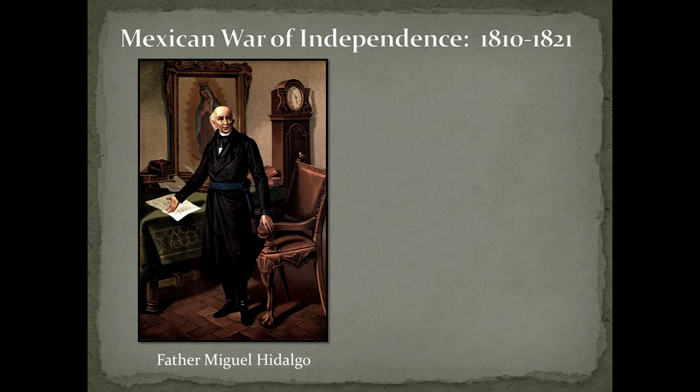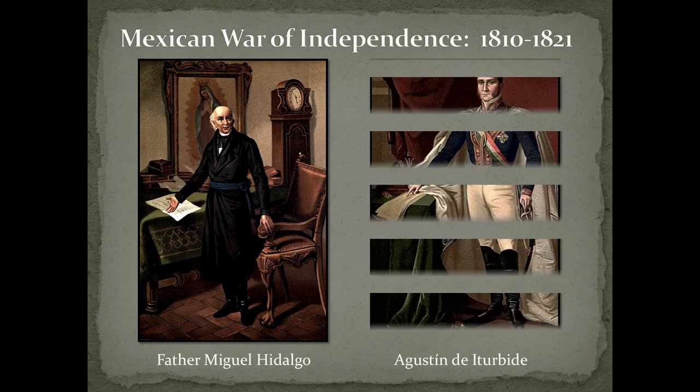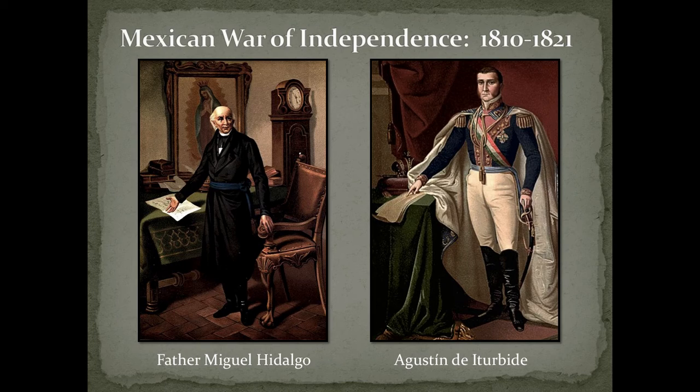So for a brief time, the revolution came to an end until a man who saw that there was an opportunity to gain power for himself, Augustin de Iturbide, I'm pretty sure that's how you pronounce his name. This is another Creole. He saw that by leading a revolution organized by Creoles and made up primarily by Creoles, he could perhaps step into power over a new and independent Mexico, free of Spain. So by 1821, Mexico has gained its independence under the leadership of Iturbide.